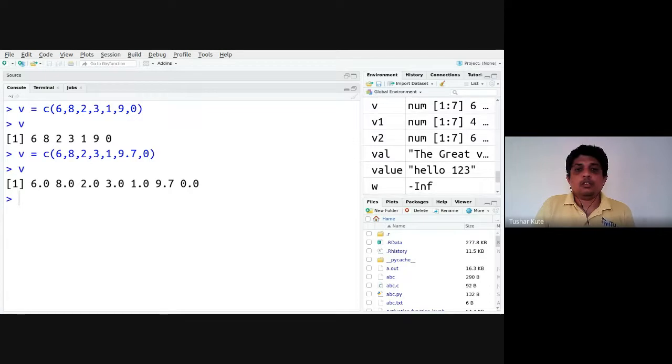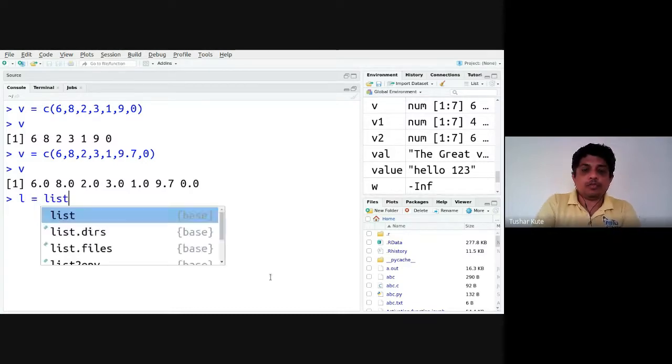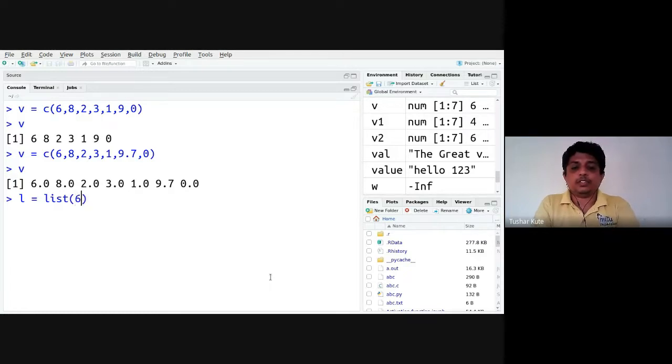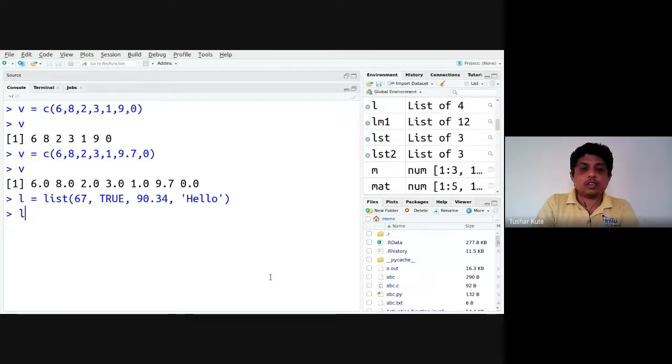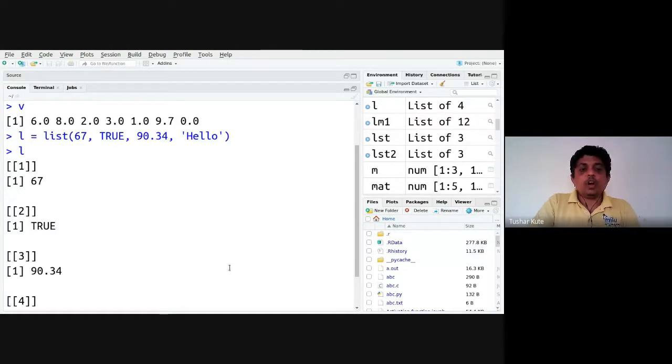Correct. Vector. Now the second type of data, we call it the list. A list is data which contains dissimilar data elements, just like a list in Python. Okay, let us see. L is equal to list of, if I create L, how have I created L?